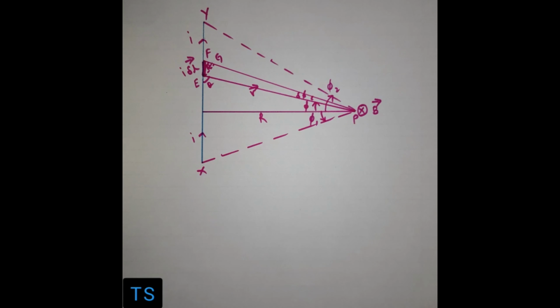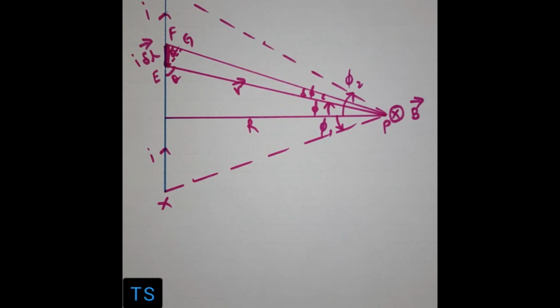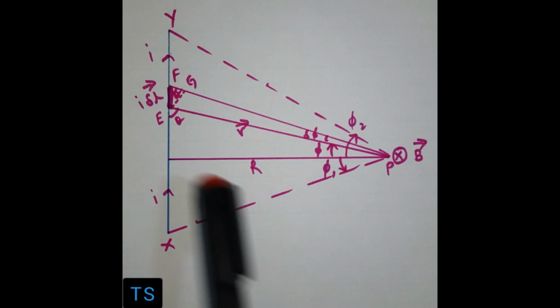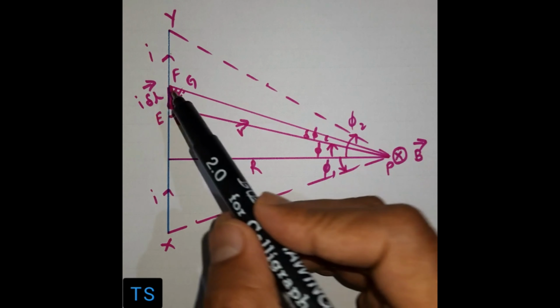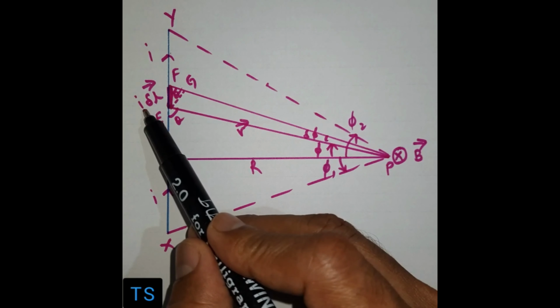The equation, but I'll just recapitulate somewhat about the derivation. So if you look at this diagram, let us say that we have a wire XY carrying a current I, and out of that we take a small element dl through which the current flowing is I.